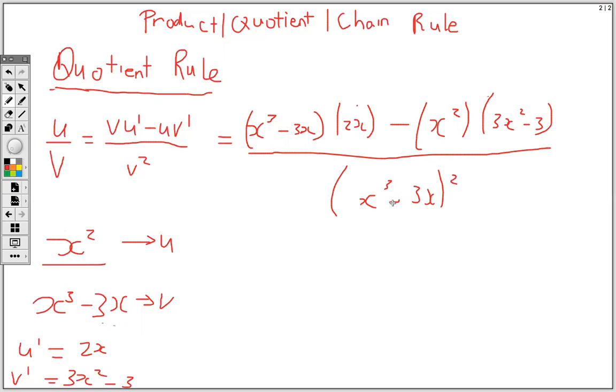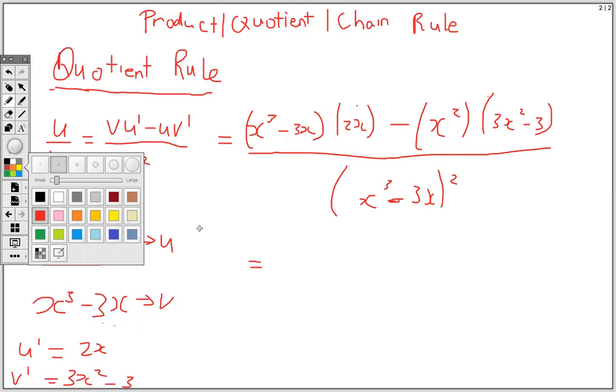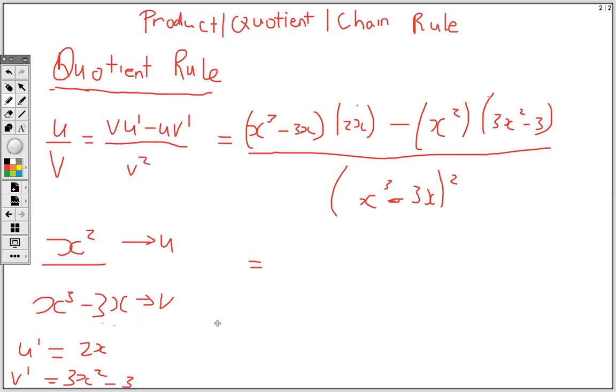Now, I usually say to my students, you don't have to expand unless you directly say you need to expand and simplify. But our aim now is to simplify what we have in the numerator. So let us expand. 2x times x cubed, from indices, x is the power 1, so we add 3 plus 1. So this is 2x to the 4th. 2x times negative 3x is the 1. So this is minus